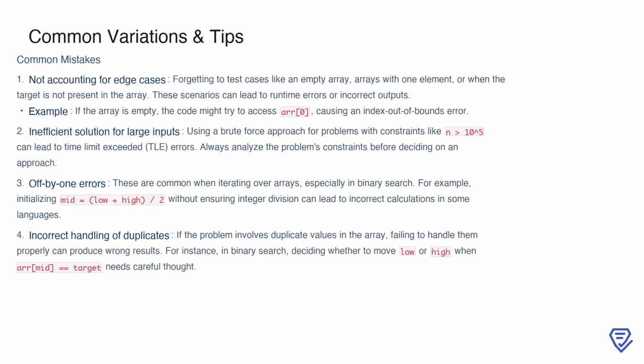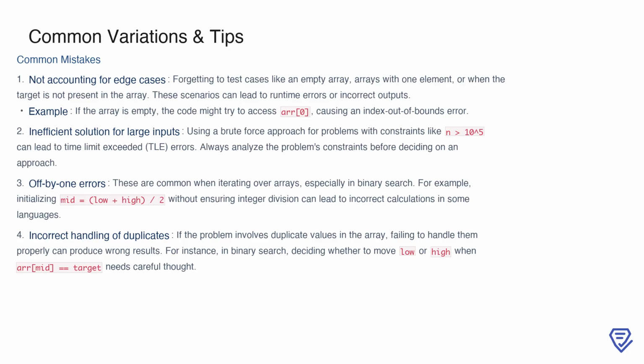When working with binary search, there are several common mistakes to be mindful of. One frequent issue is not accounting for edge cases. For example, scenarios like an empty array, a single element array, or when the target is not present at all can lead to runtime errors. If the array is empty and your code tries to access an index like 0, you'll encounter an index out of bounds error. Another mistake is opting for inefficient solutions when dealing with large inputs. If the constraints indicate that the input size could exceed 10^5, a brute force approach will likely result in time limit exceeded errors. It's essential to choose algorithms that align with the constraints, such as binary search for its logarithmic